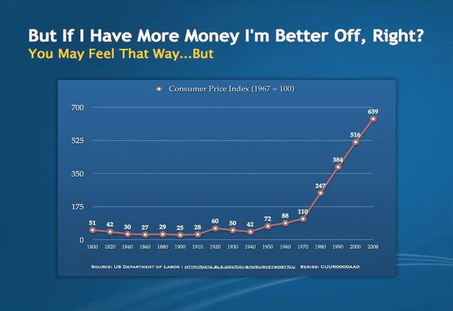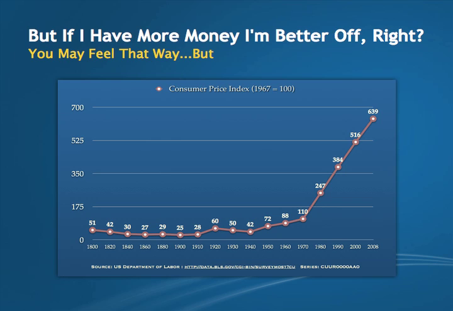This one is the Consumer Price Index, which shows some of the same information, but this one goes back to 1800. And as you'll see at the top, 1967 is pegged at being 100, or the relative price at 100 of items. And so you can see from about 1800 to 1910,